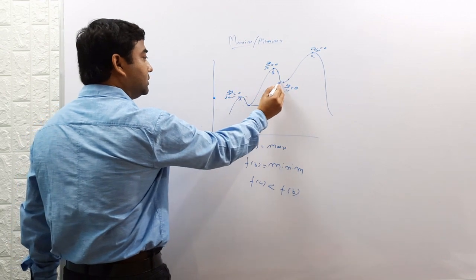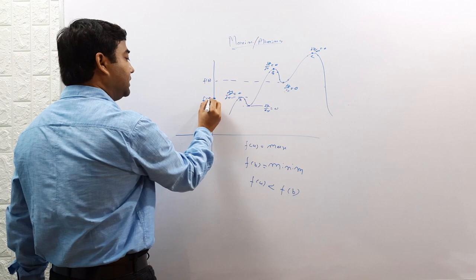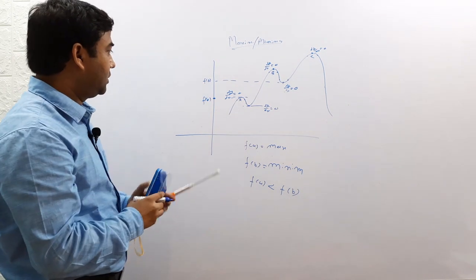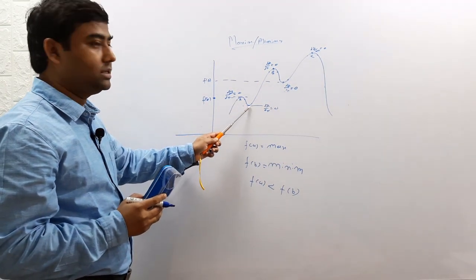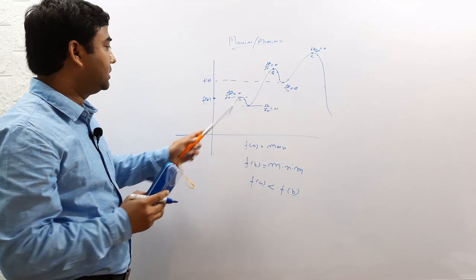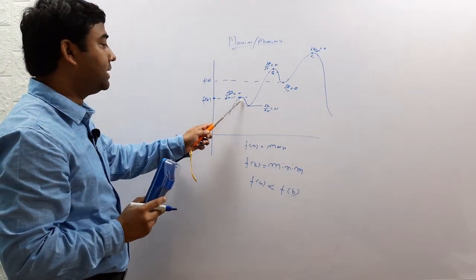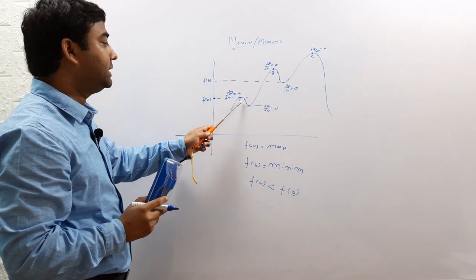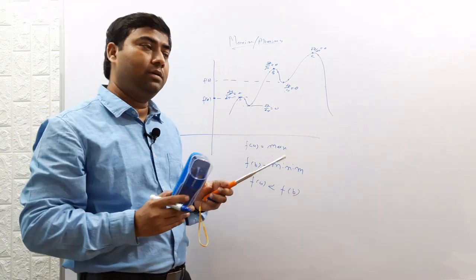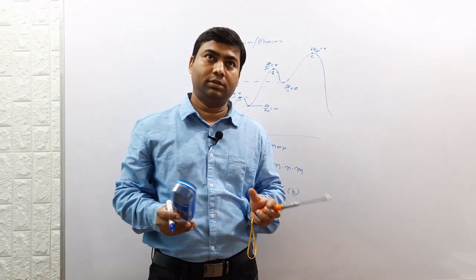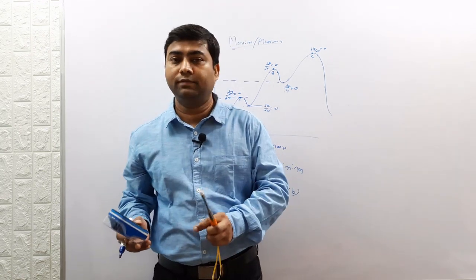See, here it is this. This is fb. This is fa. Even though fb is minima and fa is maxima, still the maximum value in this local region is less than the minimum value in this local region. So maxima and minima are local terminologies. They don't represent the overall function from plus infinity to minus infinity.